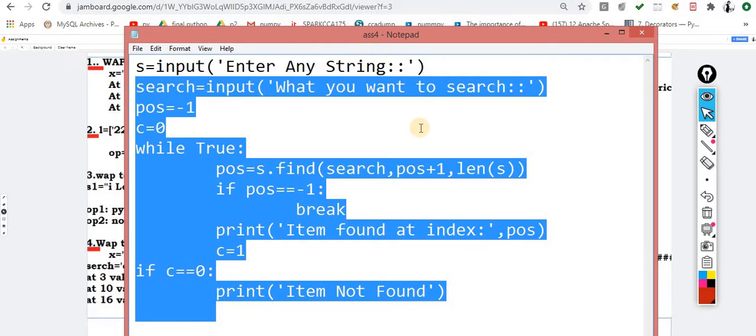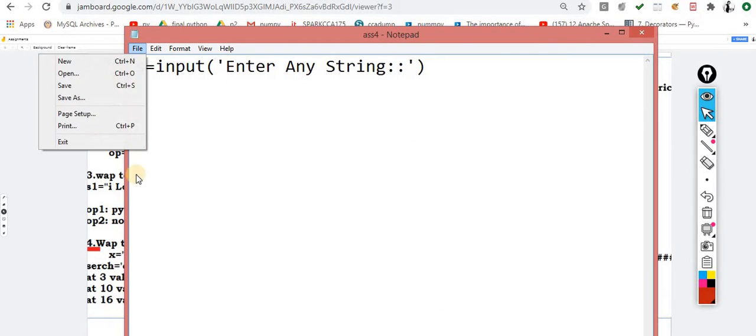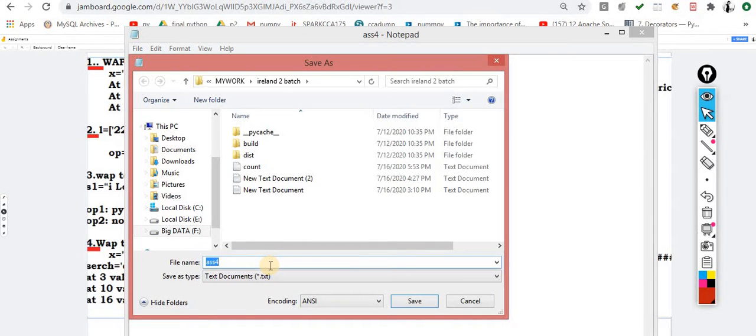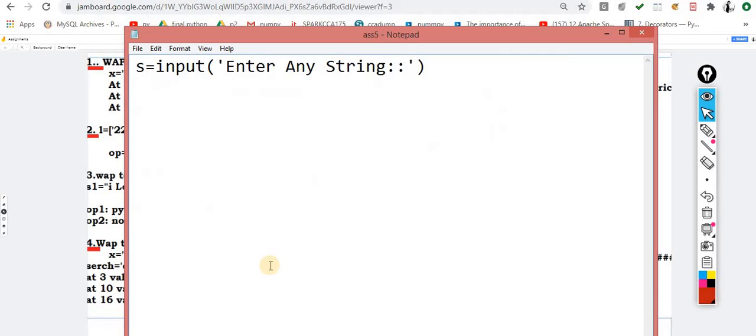S is equal to input, the entire string. Let me save this as assignment number 5, ASS5.py. You enter this thing, and you have to tell the category of this string. This can be an integer, this can be alphanumeric, this can be anything. So let me describe this code.